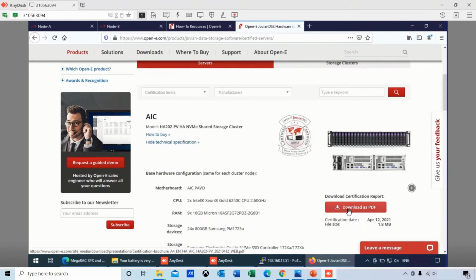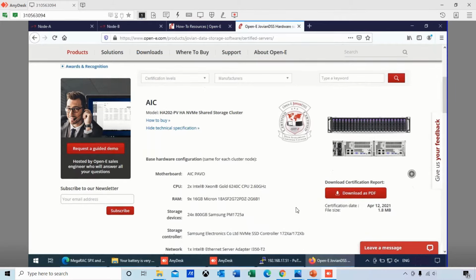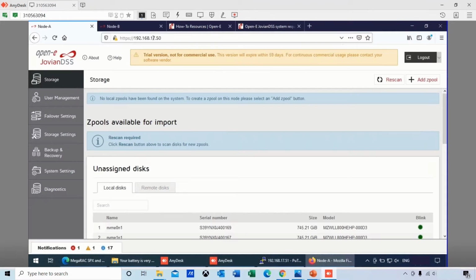And of course, if you click here to download the PDF, we have a deep dive detailed report of the performance of the system, the type of failovers we've done with the system, and how it passed our certification tests. I just wanted to bring that up for everybody's attention. That's right on our website. Okay, got it. Thank you. Okay.